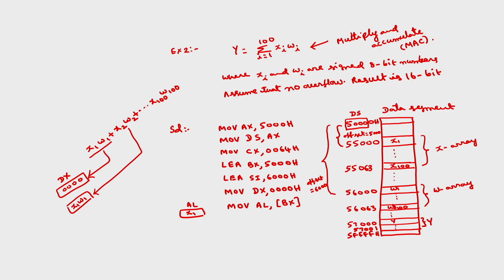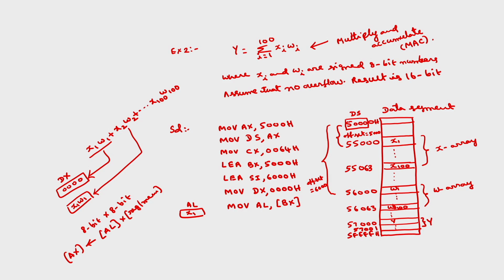So, we know that for 8 bit by 8 bit multiplication, and we are assuming that they are signed numbers, you have to use IMUL instruction. So for 8 bit by 8 bit multiplication, one of the operands will be by default taken to AL. So I have taken one of the operands into AL, that is why. The second operand you can take into memory or register, any register or memory. And the 16 bit result will be stored in AX. This is the operation in multiplication.